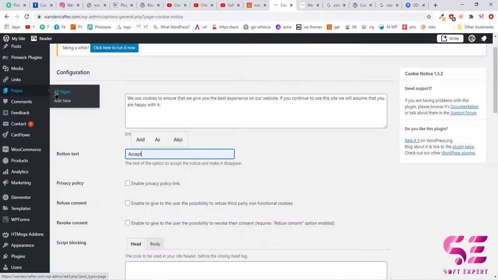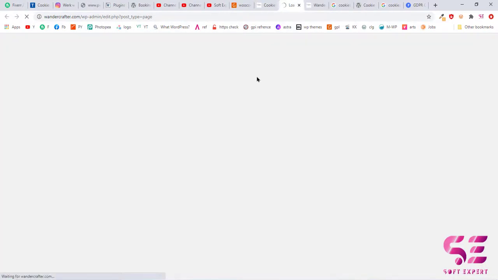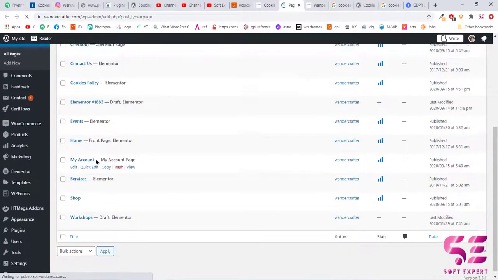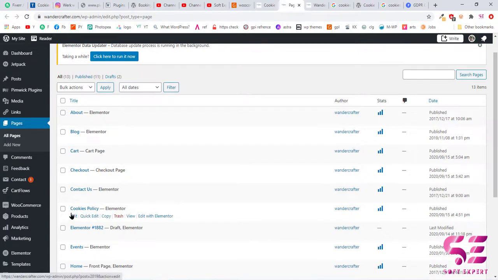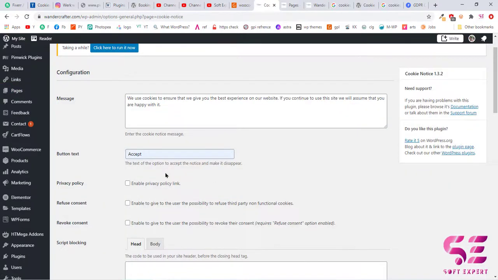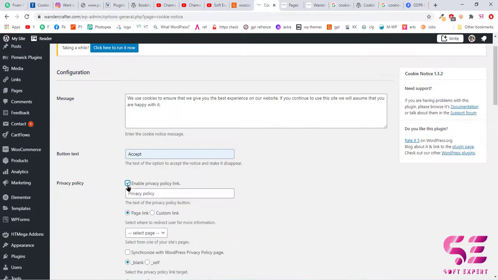Now I think I have this page. Let me check. So this is the page I have, cookies policy. I can link that in this plugin here. So I will enable this and you can change the text here.